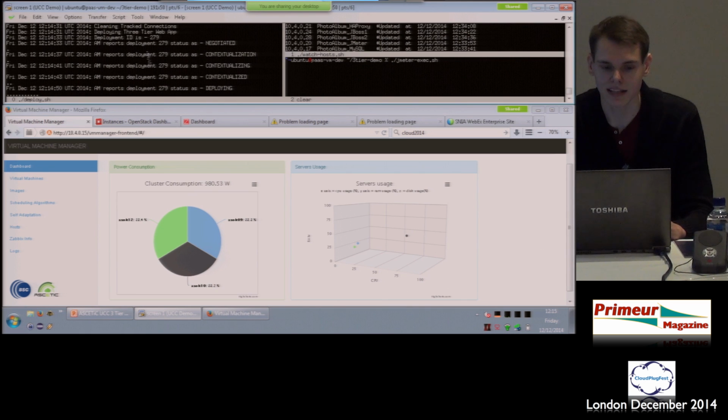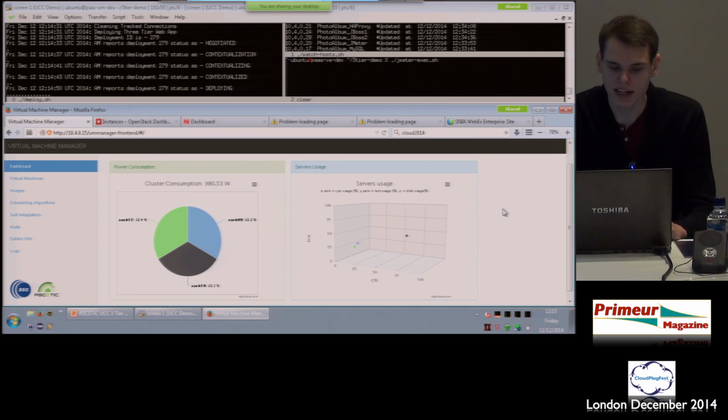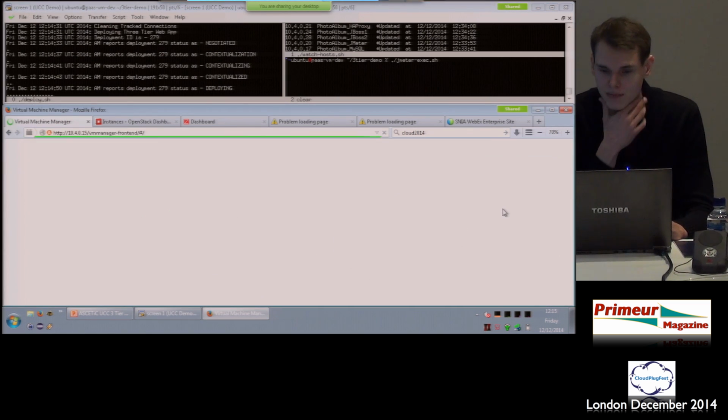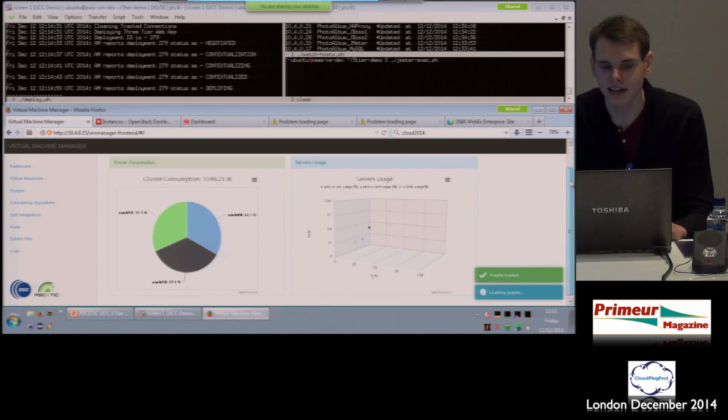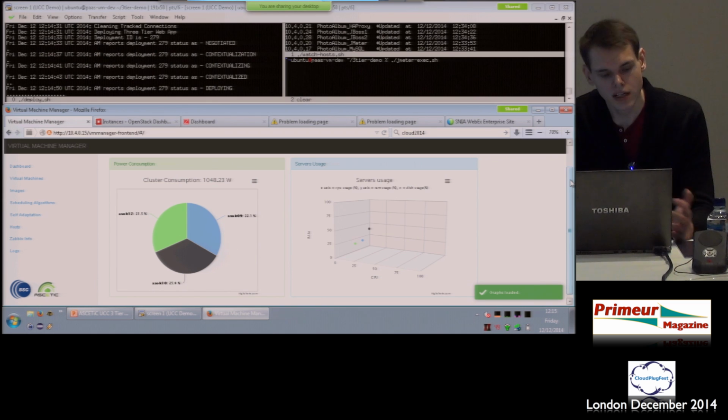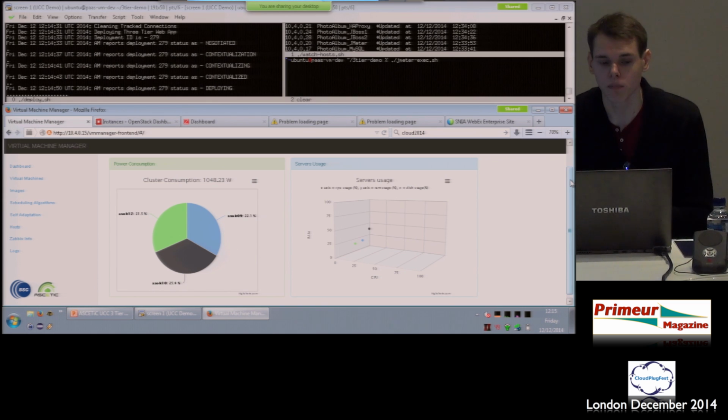So with that in mind, I'll introduce you to the Virtual Machine Manager component, where we see the most novelty in the first year. Already in the dashboard of the Virtual Machine Manager, if I just refresh it, we have some ability to ascertain the energy consumption of the cluster as a whole. The cluster that I'm using for this demonstration comprises 4 nodes. 2 of them are used for compute, 1 is used for the head node of OpenStack, and the final one is a data node. And we can see already that we have some ability to monitor the energy consumption of these nodes and the